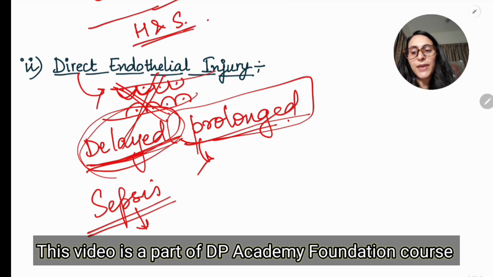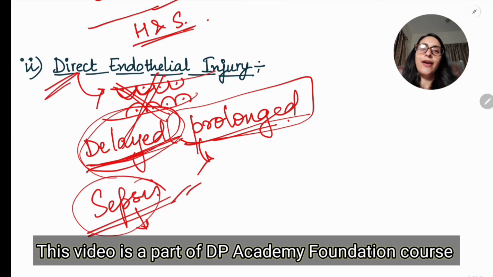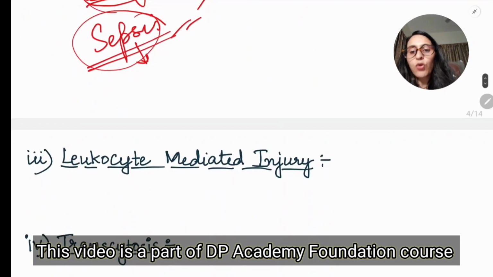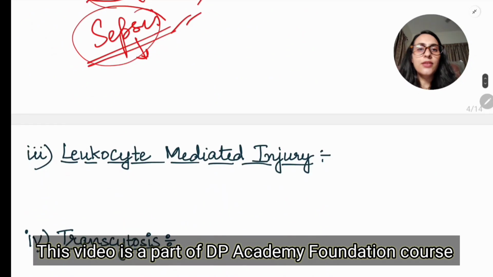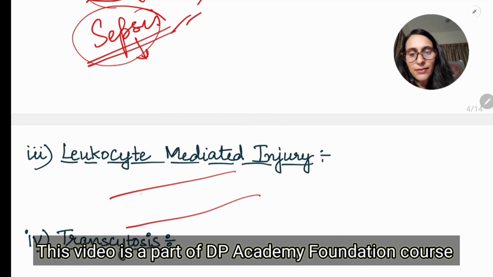So that is why it is an immediate and sustained response. Another example is sepsis, which is also an immediate and sustained response. These are the two examples of direct endothelial injury. Now, coming to the third mechanism of increase in vascular permeability: WBCs release something that actually damages the endothelial